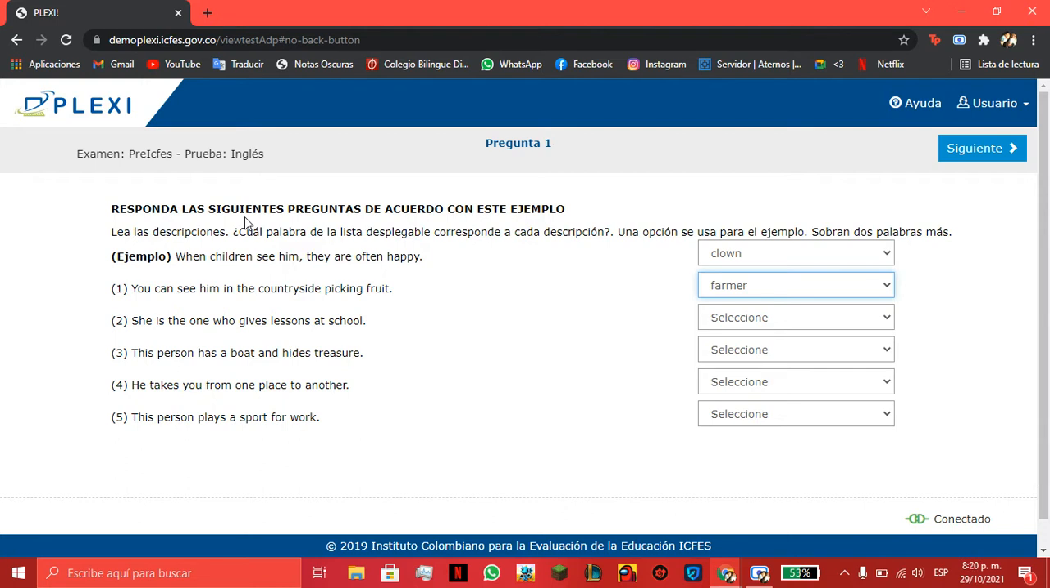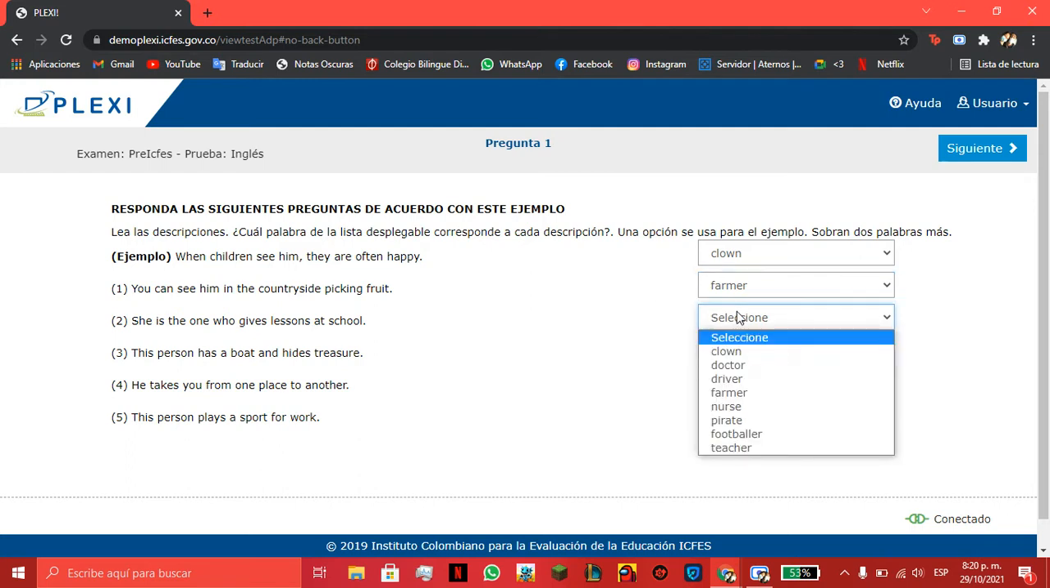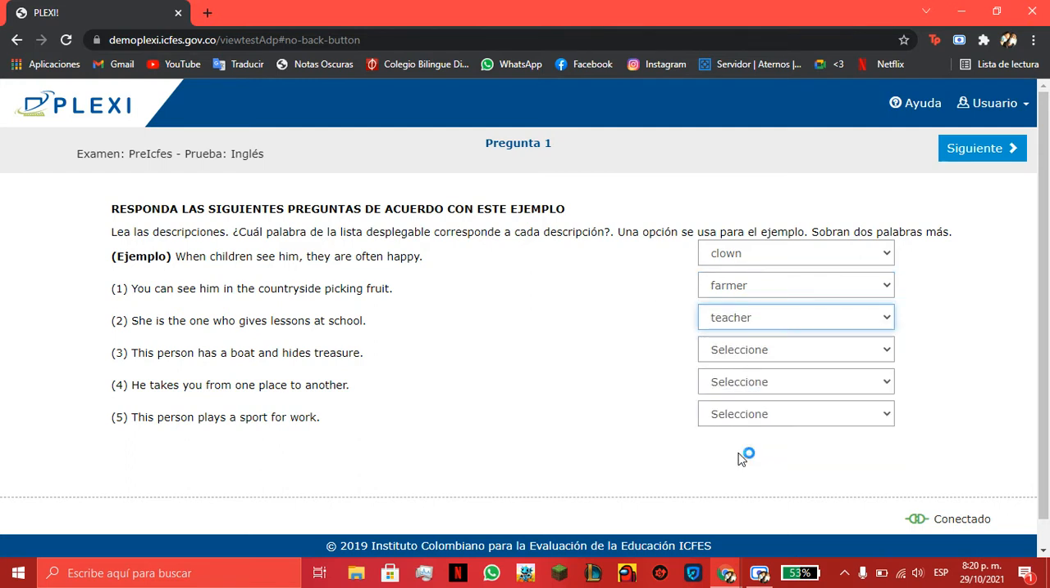as its name says, works in a farm, picking fruit, feeding animals to sell it, and all that stuff that the people in the countryside do. And the second one, she is the one who gives lessons at school. Obviously, the right answer is teacher, because a teacher is a person that